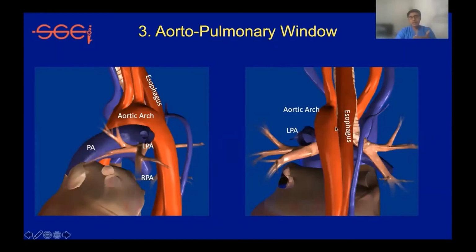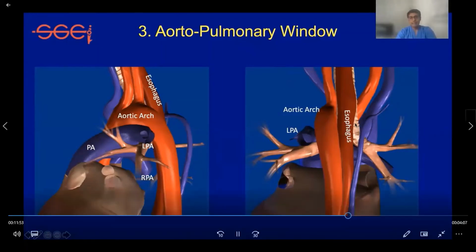There are two standard methods described for the evaluation of the aortopulmonary window. In one method, we can start from the anterior aspect, that means towards the trachea, and move towards the posterior aspect. This aortopulmonary window is actually on the left side, midway. That means from the anterior aspect, if we do a 90-degree anti-clockwise torque, we can see the AP window.